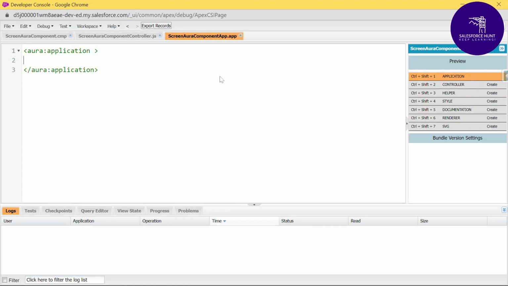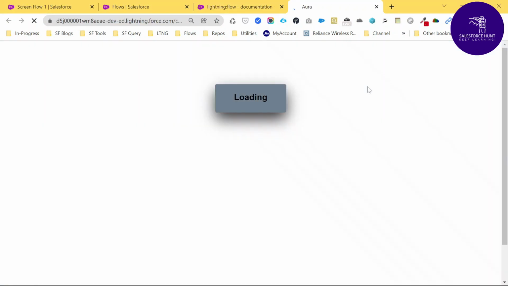If you don't know about aura, you can watch my previous playlist that is related to aura, and you can see all the things and understand. So c colon and write your component name here. This is the way to inject a component under the application, under the Lightning component. Okay, so how to execute this one? Here you can see the preview button. Just click this preview, and once you click it, you can see this whole UI here. So here you can see all the components, and this one is the help text and all the things.